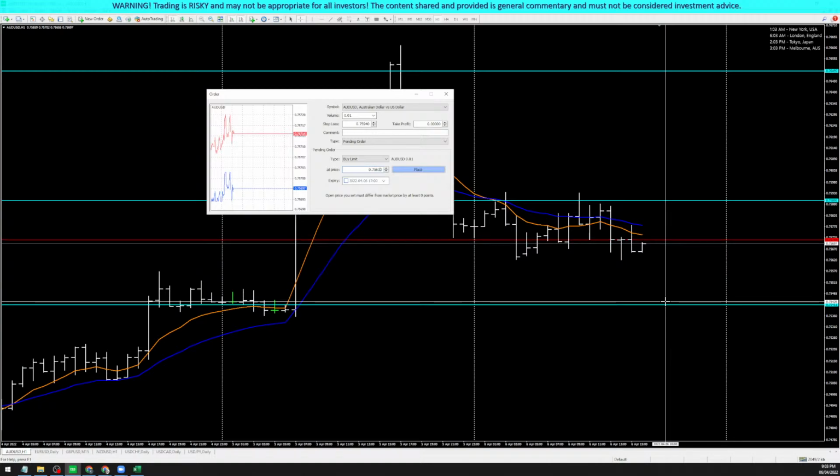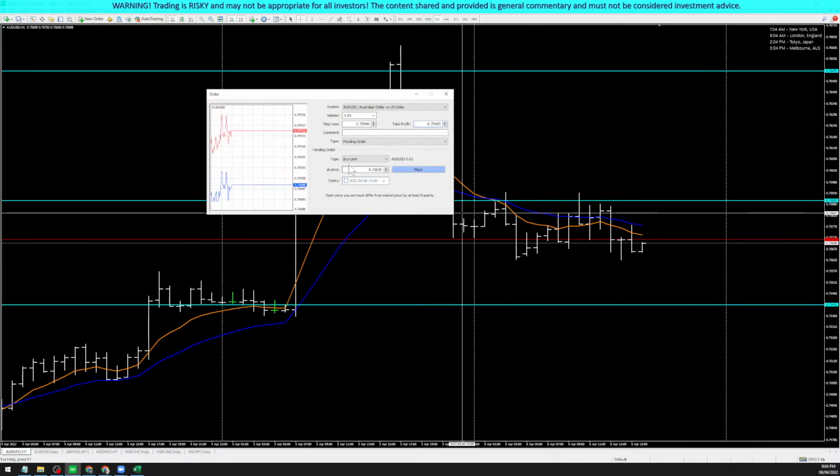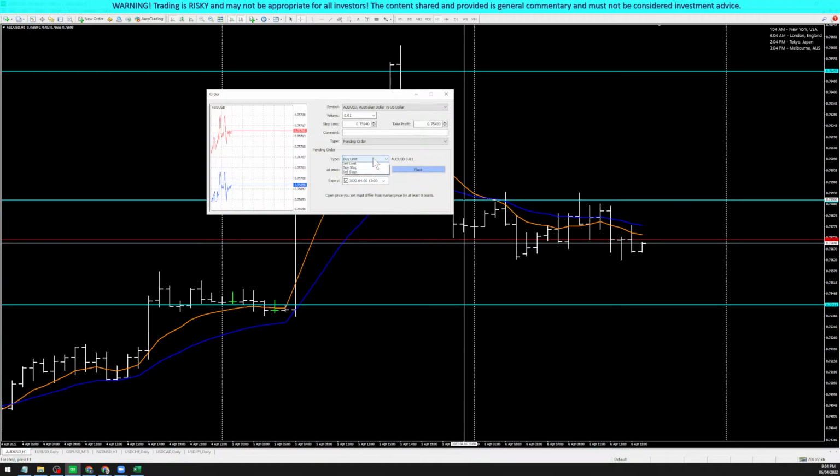You'll rarely see me set a take profit, but this is a classic example, 75.42. It's just a few pips above the horizontal line right here. So, there you go. Click that. And we go, and oops, sorry. I think we're very, very close. Oh, sorry, I was still on a buy. Let's go for a sell stop.